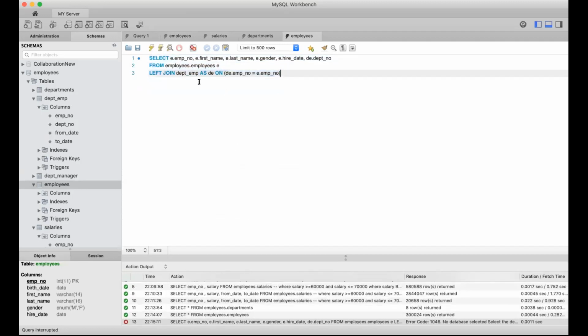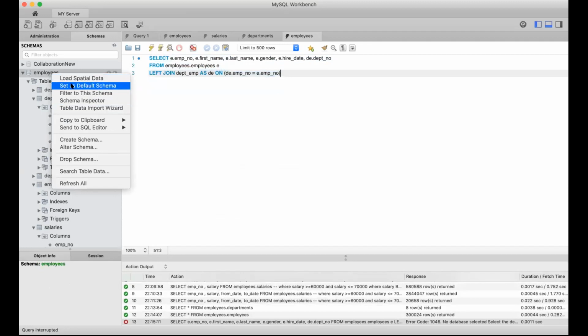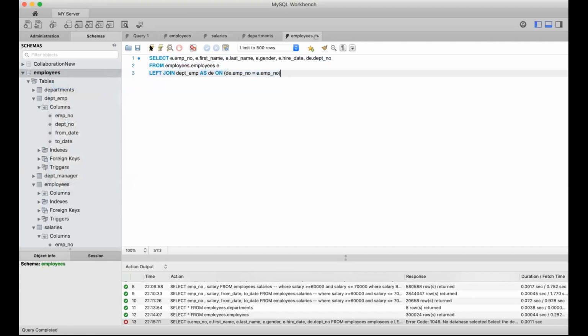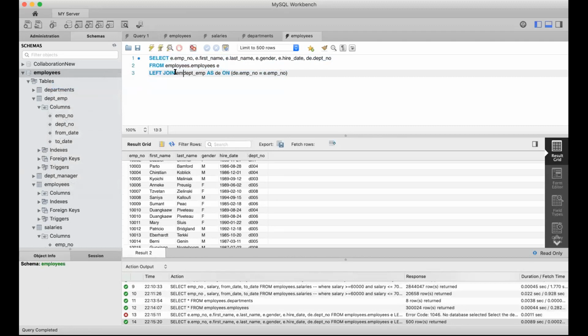No database selected. Why is no database selected? Let's do this because I want to join. Set as default schema. Run this. Oh, because I didn't do this. I'd rather do that to make it clear. So there's my dept_no. Now,